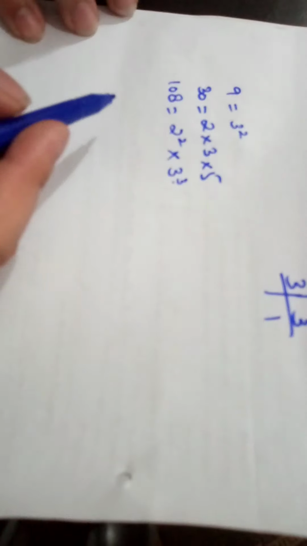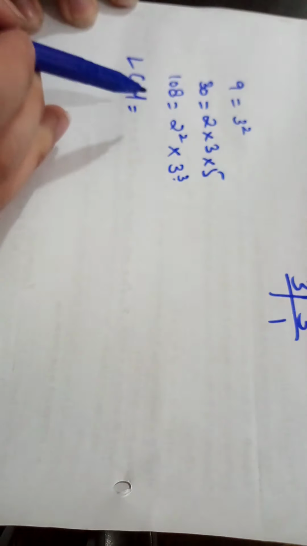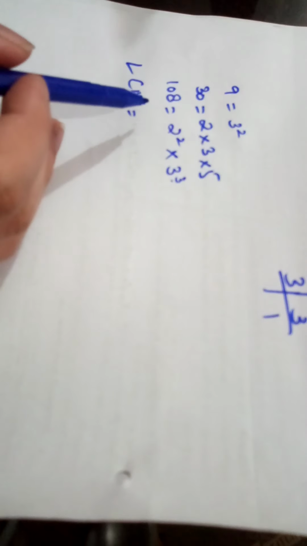As we are working with the LCM, we will take the smallest multiple that is common. When I consider the 2, in this line there is no 2, then check the factors of the others. In this we have the power of 2 as 1 and here the power of 2 is 2. So we'll take the greater power, that is 2 squared. So we are done with this.